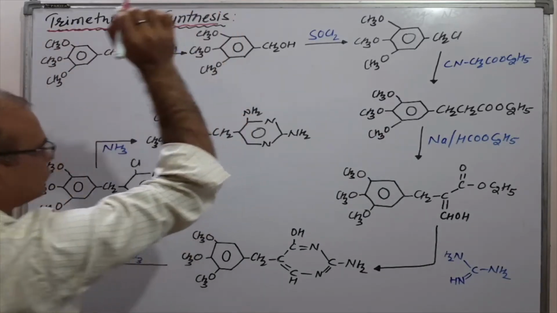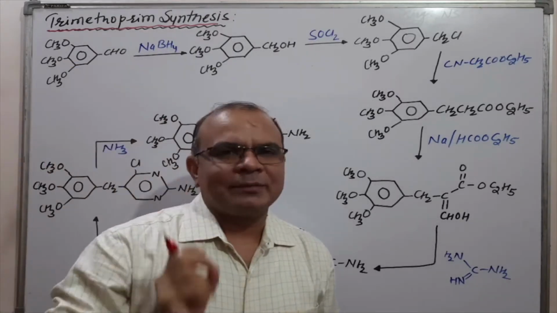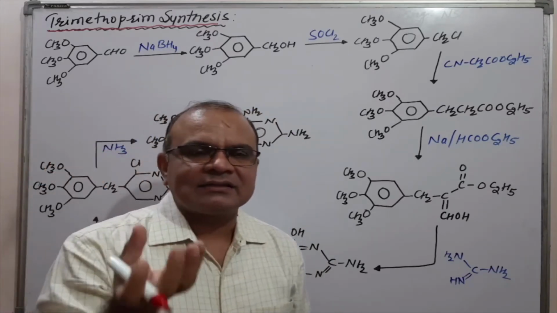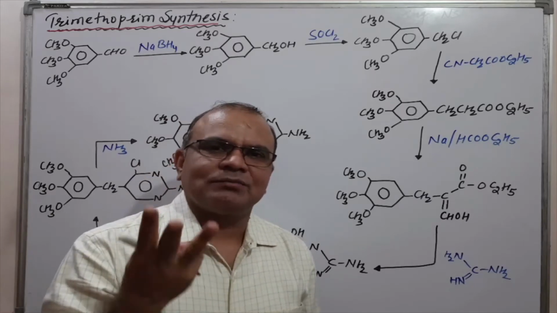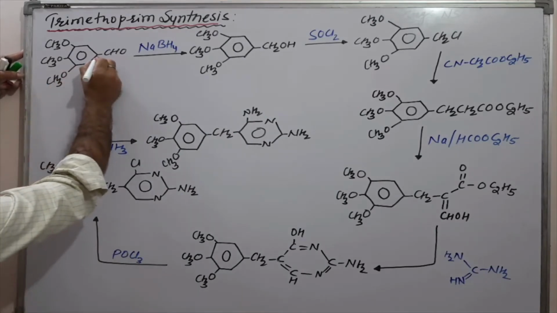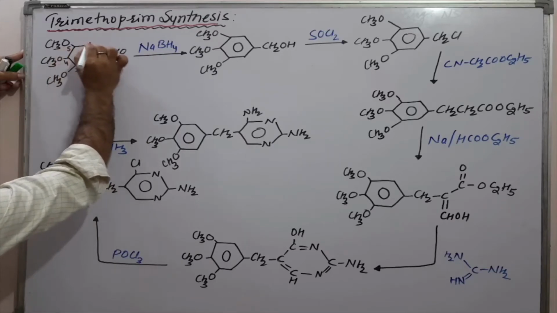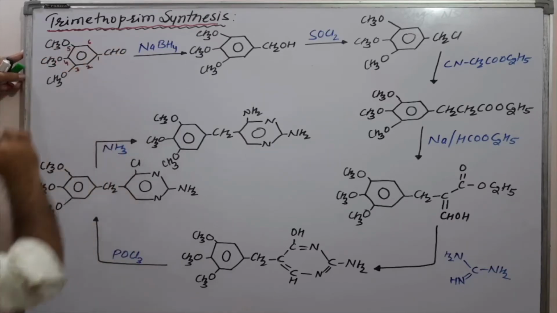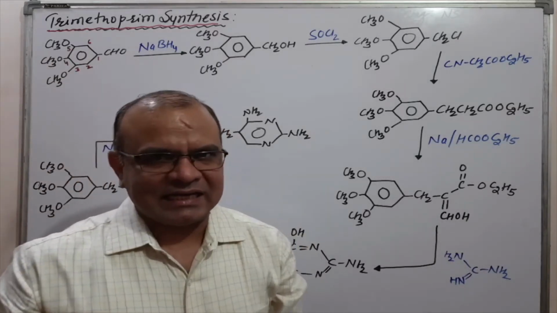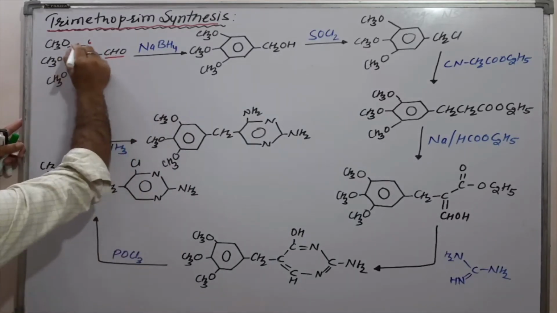Trimethoprim, as you know, is a derivative of the aminopyrimidine ring system, and tri, we have discussed, means three, and metho means methoxy. That's why we are starting from a trimethoxy derivative. It is numbered 1, 2, 3, 4, 5 and 6. A benzene ring having an aldehyde group is known as benzaldehyde. This is the benzaldehyde moiety, this is the aldehyde moiety.